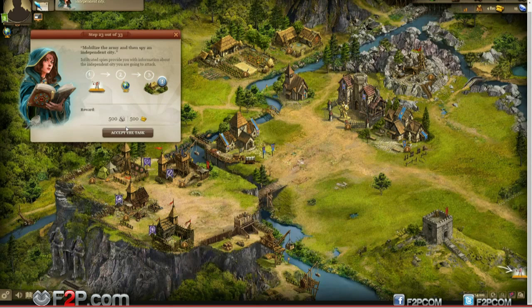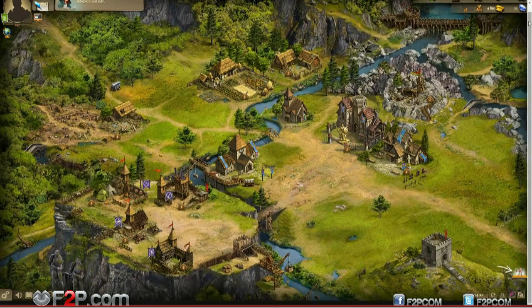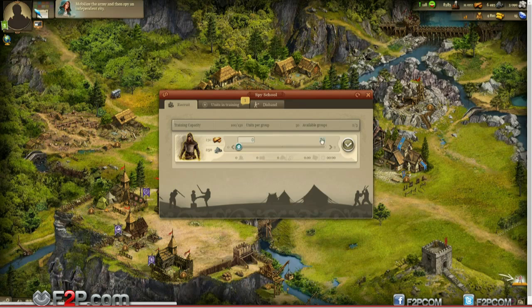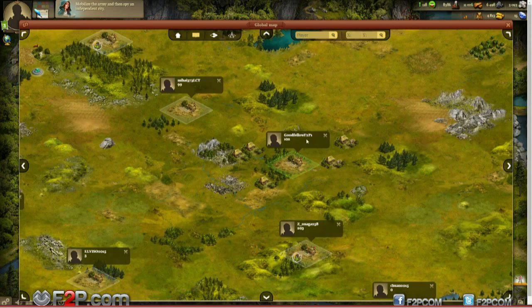And I guess it's showing how stuff works. So, mobilize the army and then spy on an independent city. I'm presuming spy on. So, mobilize. Oh, let's scroll that back up because it scrolled down. Okay, I think I just created a spy, didn't I? Okay. Whatever. So, we go onto the world map and we can click different settlements and we can send